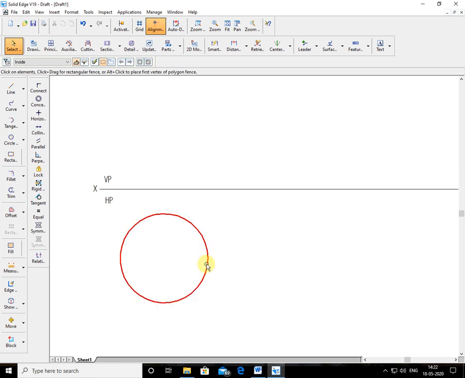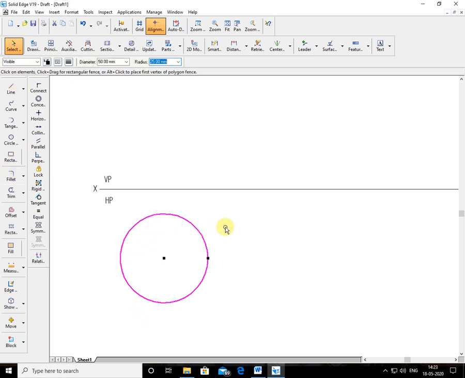Okay. So now I have to divide a circle into a number of parts. I can divide into a minimum of 2 parts. Usually you divide into even parts: 2 parts, 4 parts, 6 parts, 8 parts, like that. Ideally you would divide the circle into 12 parts, but for your convenience, to reduce the number of projection lines, we are dividing into 8 parts. So how do we divide into 8 parts?